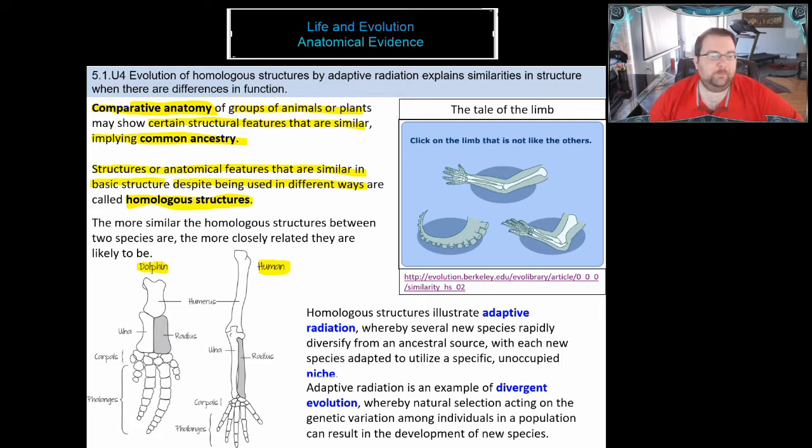If you look at them, we both have a humerus, we both have a radius, we both have an ulna, we both have carpals, and we both have phalanges. And if you count the number of phalanges, there's 1, 2, 3, 4, 5. And on humans, of course, we have 5 digits as well. So you can see, hopefully, that the bone structure between a dolphin and a human is pretty similar,